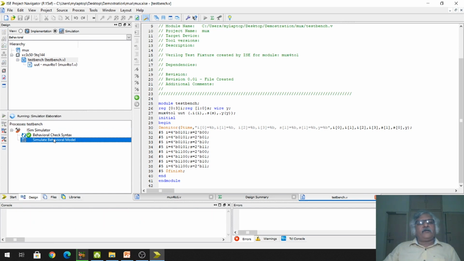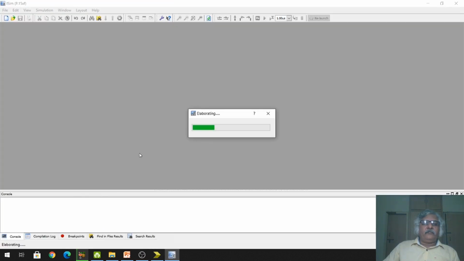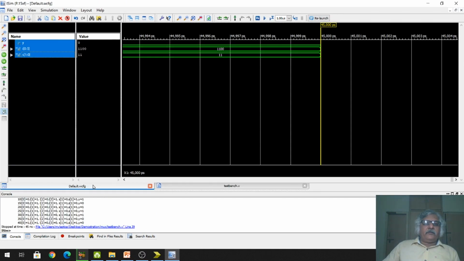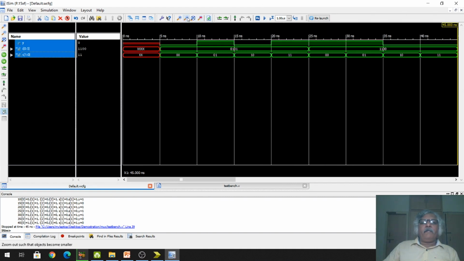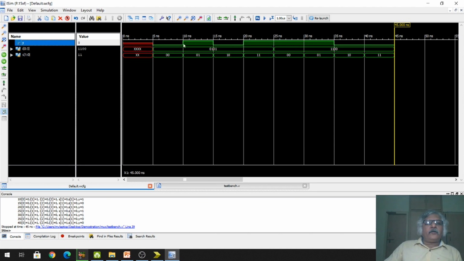Now I will simulate this. So this is the waveform, right? Okay. So the topmost waveform is for the Y, that is the output.